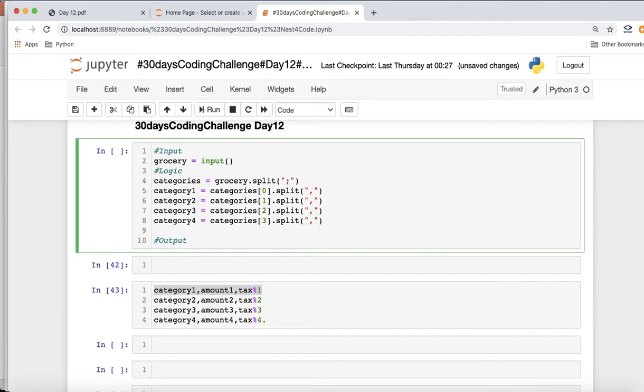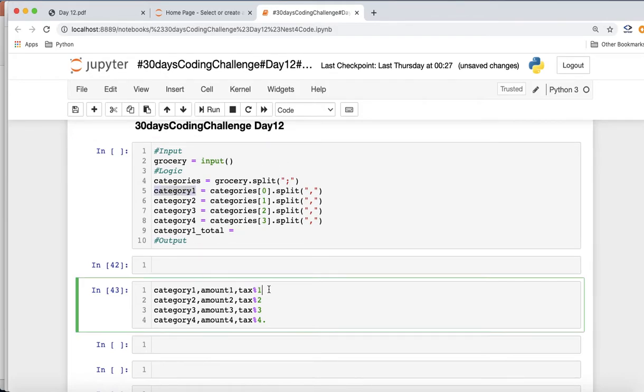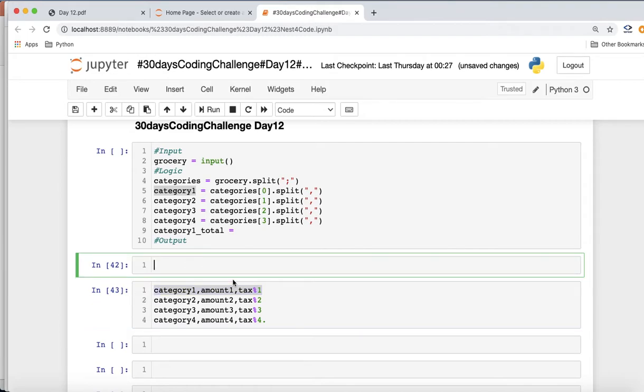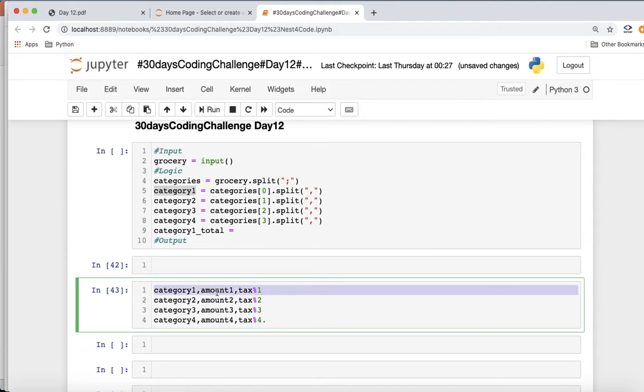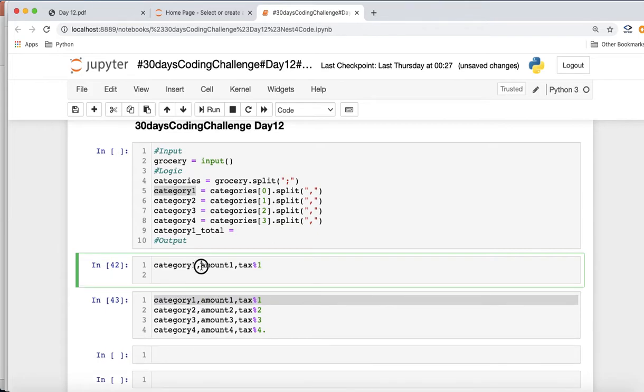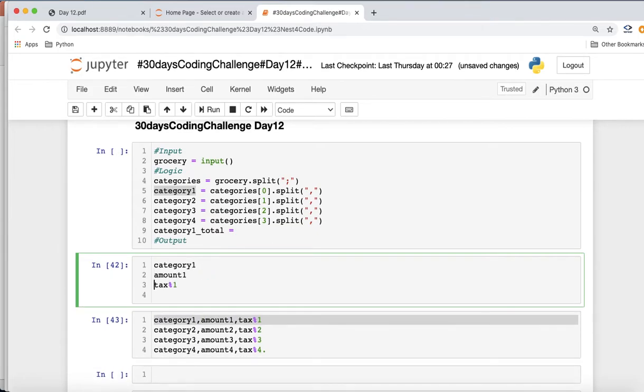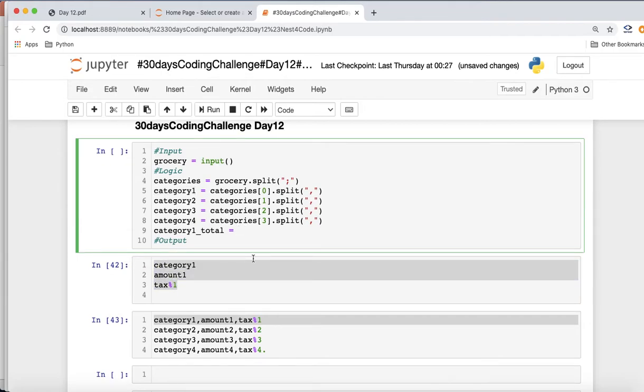So we'll say category 1 total, right? We can define a variable like this. So what will it be? We know category 1, whatever it will come, will consist of 3 things, right? What are they? The category name, the amount as the second thing, and the text percentage for this, right? So guys, we don't need to worry about the name, so we'll just go with the category 1. Which part? This will be the amount part, right?